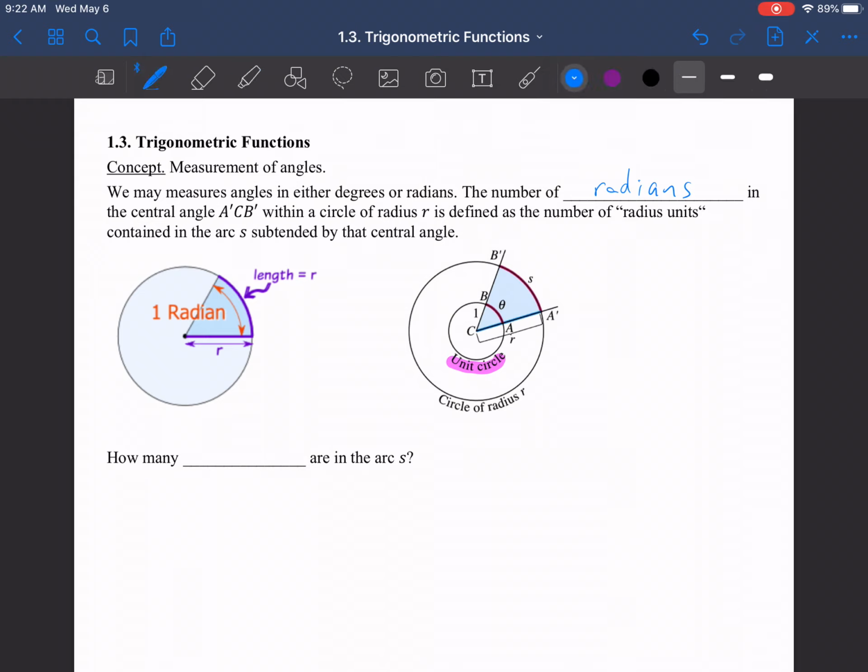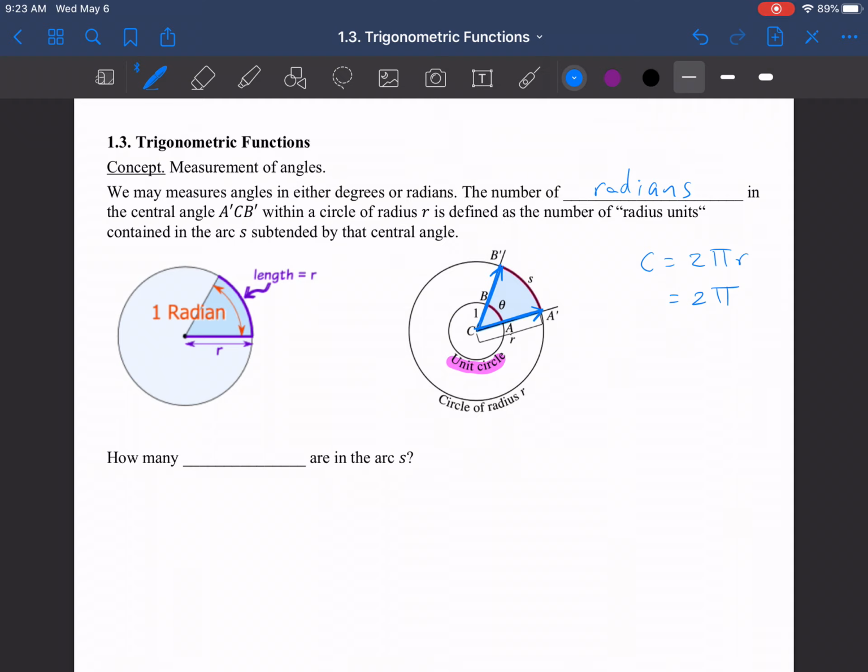And if I look at a unit circle, I know that the circumference of a circle is 2 pi r. Well, if I'm on a unit circle, that r is 1, and the entire distance around the circle is just 2 pi. And so what we can do is just take fractions of that distance around the unit circle, and use that as our angle measurement, and we can extend it out to larger or inward to smaller circles,